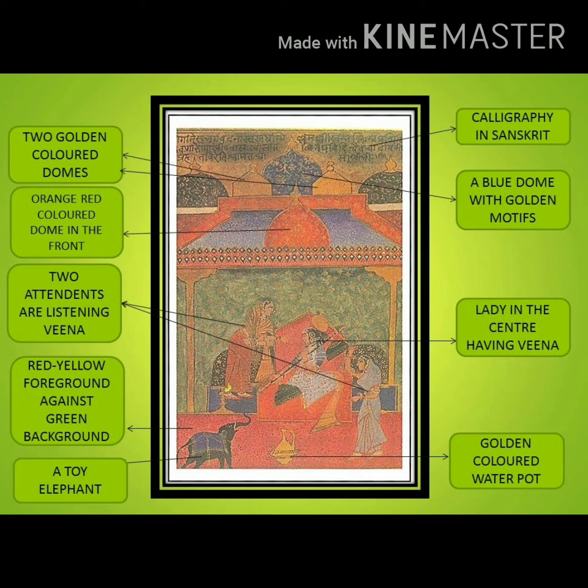You can see the black and blue domes have golden motifs. All the pillars and domes have been arranged symmetrically. Ladies are shown with thin, profile faces. The ladies' transparent clothes show Mughal impact. Lines are thin, hard and rhythmic. At the top of the painting, an inscription has been mentioned.